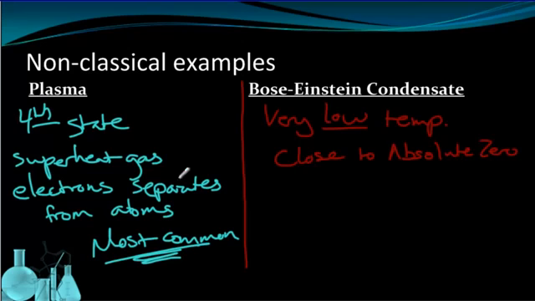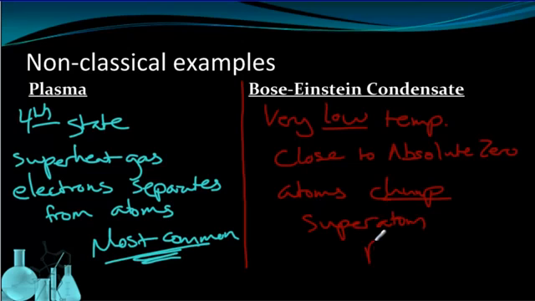And just like plasma, something very interesting happens here in that at this very low temperature, close to absolute zero, atoms basically clump together. And they stop being individuals. And you get this sort of super atom blob that is made up of all the atoms that just clump together, and it acts as one thing. That's a Bose-Einstein condensate, and it's another state of matter that's sort of non-classical, is what we call it.